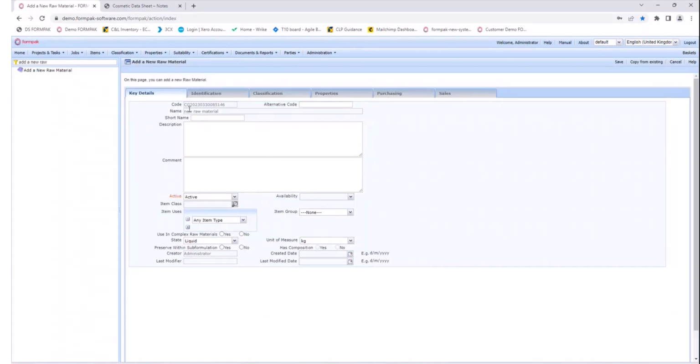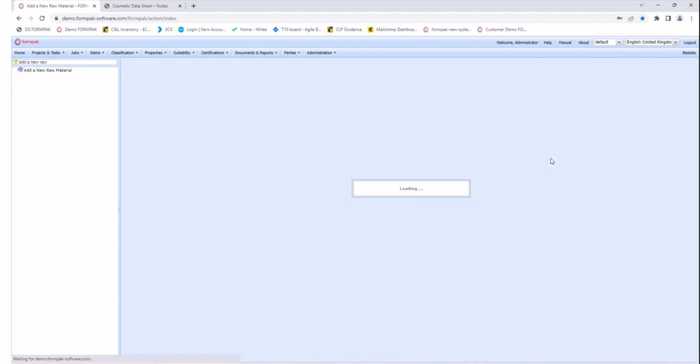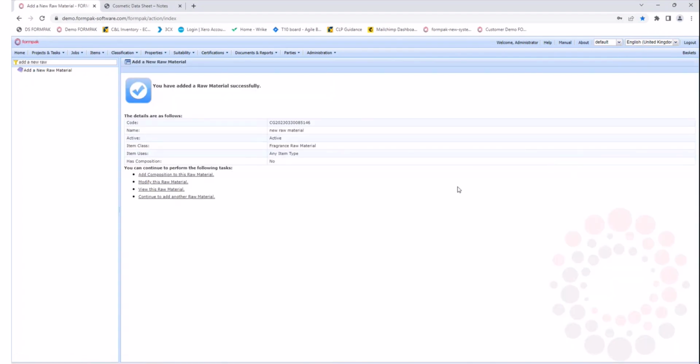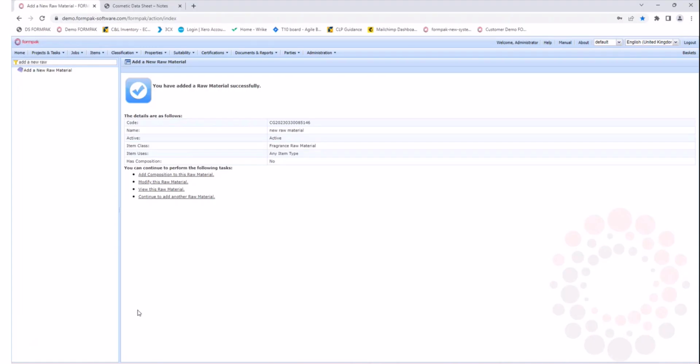And there we go, we can see how it's generated. So it's my initial CG, it's the year, it's the month, it's the day, and it's a timestamp as well. So it's hours, minutes, seconds. Okay, so if we save that, and I can use it to show you the next thing. So the next thing is item codes. So item code changes. So if we go back into Formpak